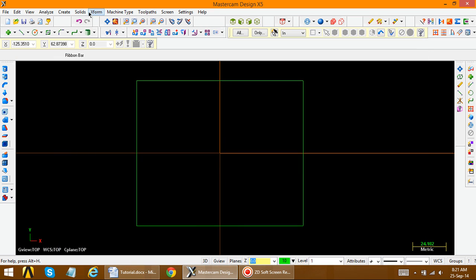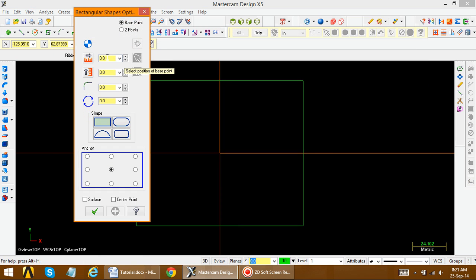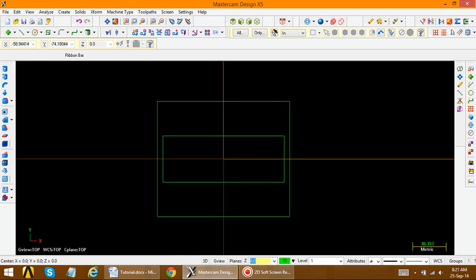Just create the second rectangle, create rectangular shape. The 110 is the width, enter, and the height is 40. So place it again at the center point. So this rectangle is created.